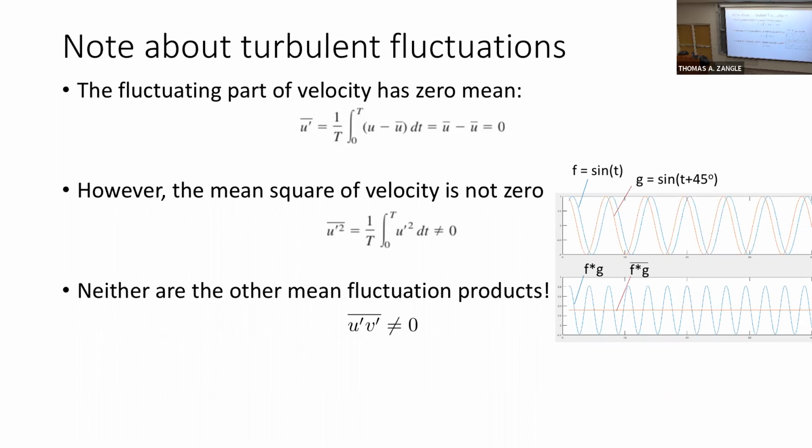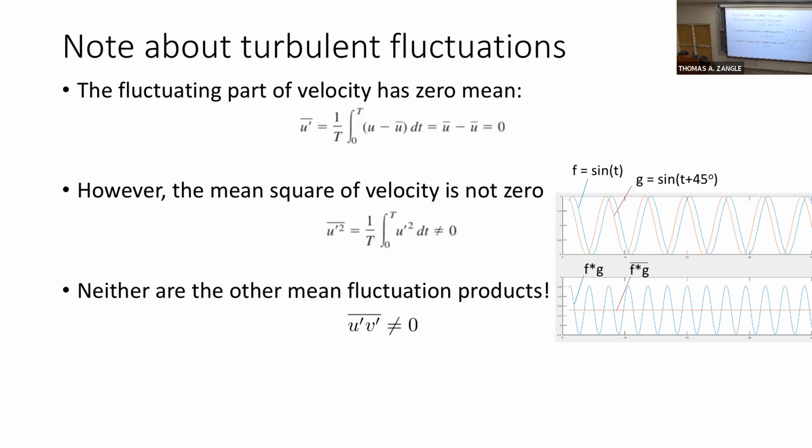This is u bar, the time average of this is u bar. So what's left, all of these pieces, is u prime. And so the time average of u prime has to be zero. But if I multiply it by itself, or by another one of the fluctuating velocities, then take the average,